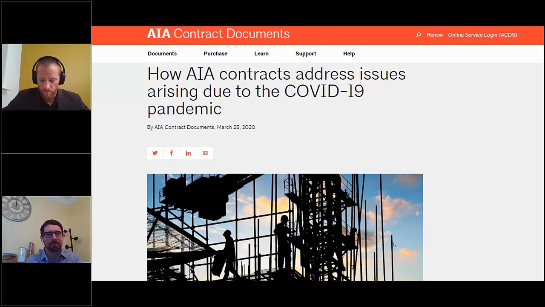So now for the next one, which is a bit more tricky. Let's say that there's no ban on construction, but in my area, and I'm a contractor, I see recommendations from the CDC, or I'm just generally worried about